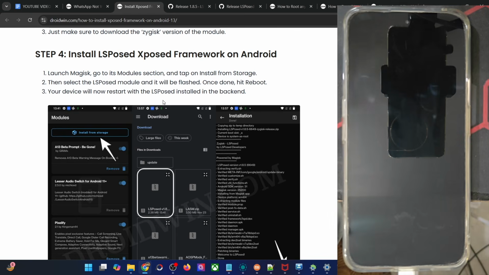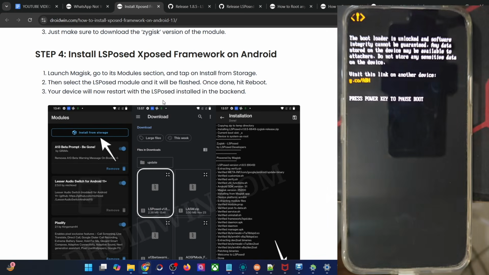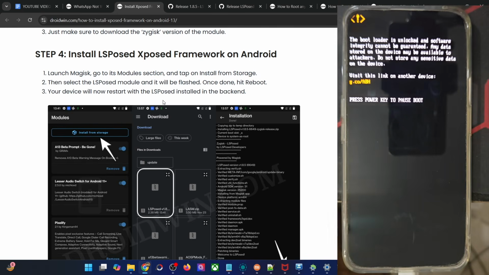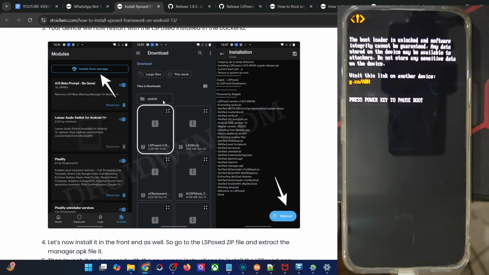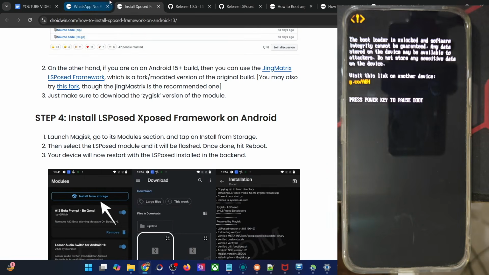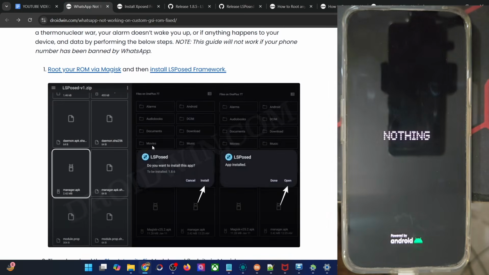And with this, we have the LSPosed app onto our phone. Likewise, we also have enabled Zygisk as well. We'll verify that as well, and once that is done, we could then move ahead with the next step. So let's just wait for the phone to boot up to the OS, and then we'll verify the result as well. And once the LSPosed is installed, we could then move ahead with the next step.